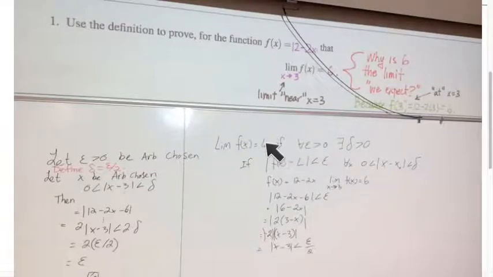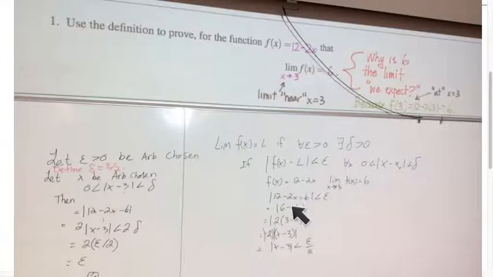This limit is L, 6, if for all epsilon greater than 0, we can find a delta greater than 0, such that whenever the distance between x and 3, in this case, is between 0 and delta, then it will be true that the distance between f of x, the y value, and L is less than epsilon. So doing some scratch work on this inequality, by substituting in for f of x, substituting in for L,